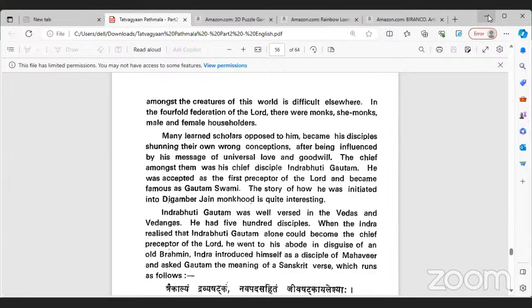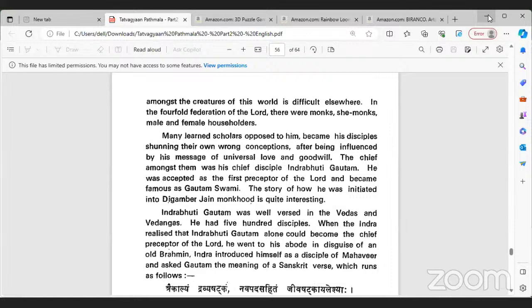Shall I continue, sir? Yeah. Indrabhuti Gautam was well versed in the Vedas and Vedangas. He had 500 disciples. When the Indra realized that Indrabhuti Gautam alone had become the chief preceptor of the Lord, he went to his abode in disguise of an old Brahmin. Indra introduced himself